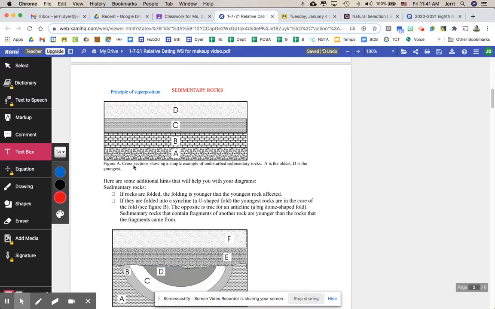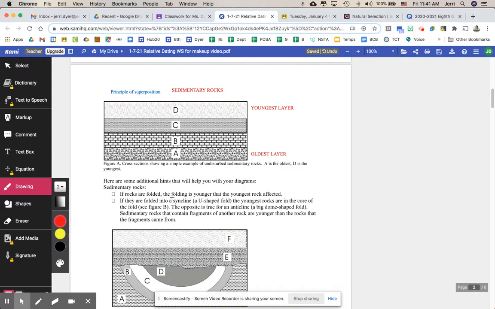Okay, when we're taking a look here, this will be our oldest layer. This will be our youngest layer. The idea behind that is that layer A was put down first, layer B was put down on top of that, layer C was put down on top of that, and then layer D was put down on top of that. Very simple setup right here. Okay? As we're sliding through here,